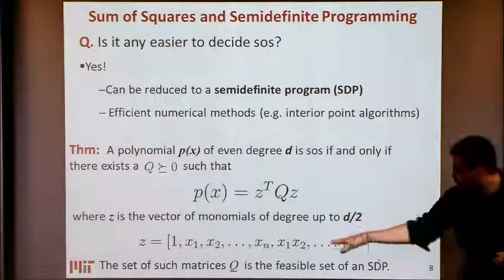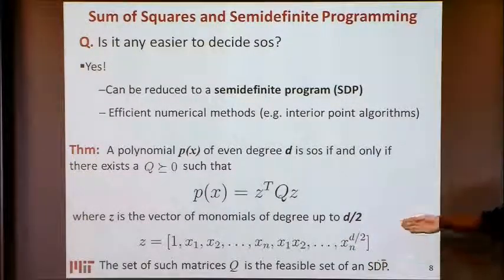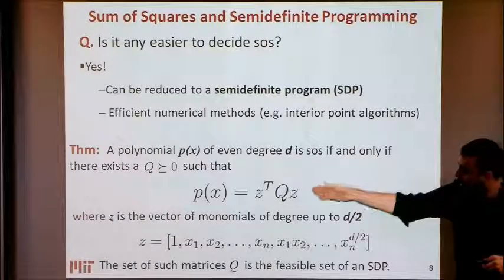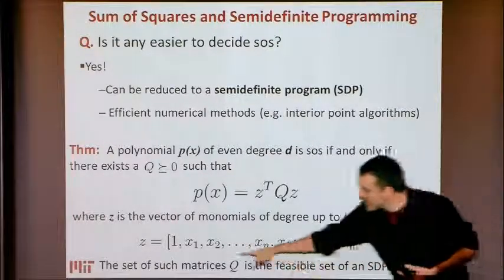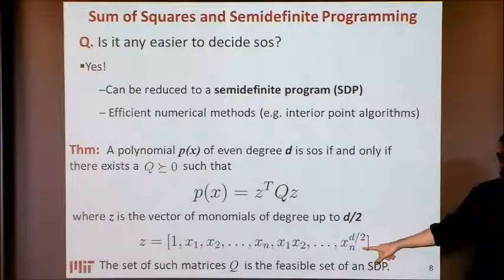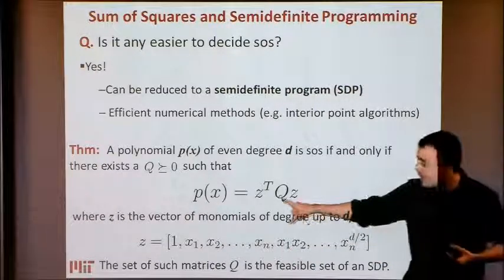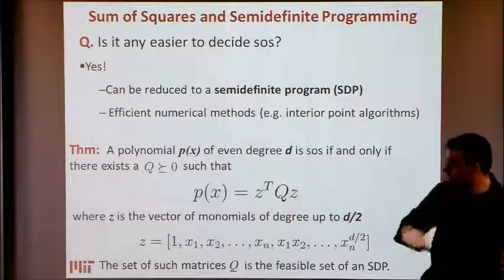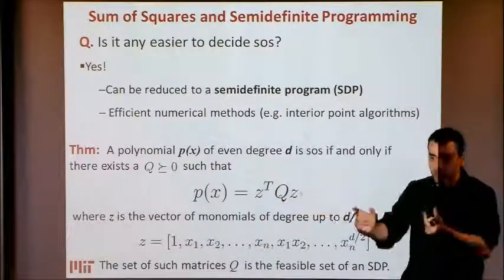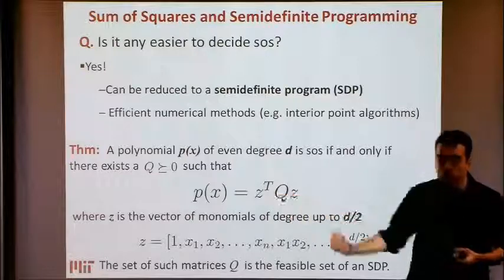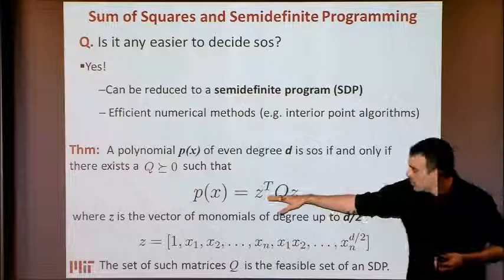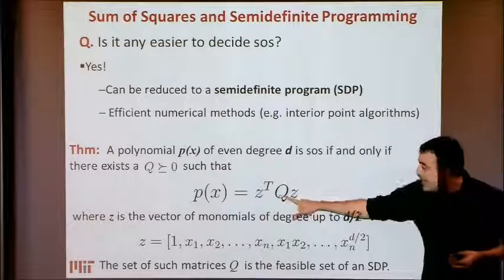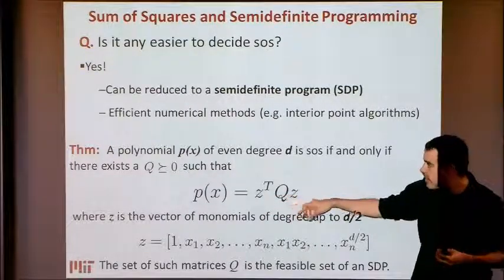And in particular, I can just pick this monomial basis. And why is this an if and only if? Because if I have my polynomial and it's a sum of squares, I can just write my sum of squares as linear functions on this vector of monomials. Then when I put those two things together, I get a matrix Q. And conversely, if I found a matrix Q that has this property, I factor it, and I will get a decomposition. Now, the only thing that we need to show is that these conditions are essentially linear conditions in Q. And that's easy to see.